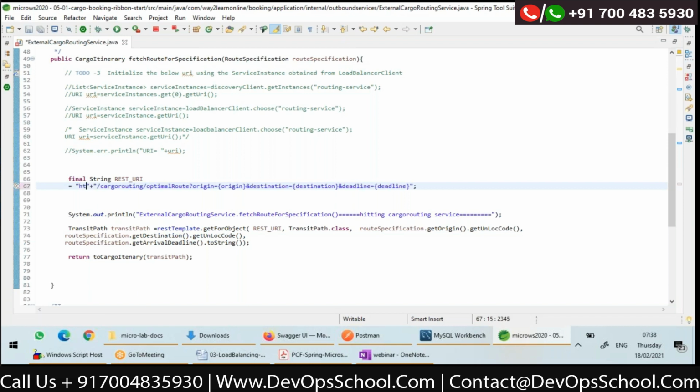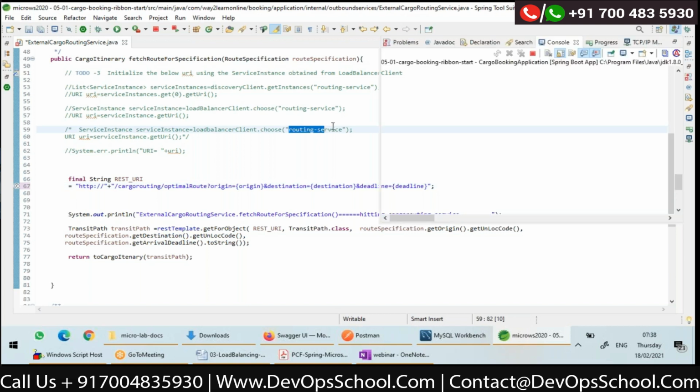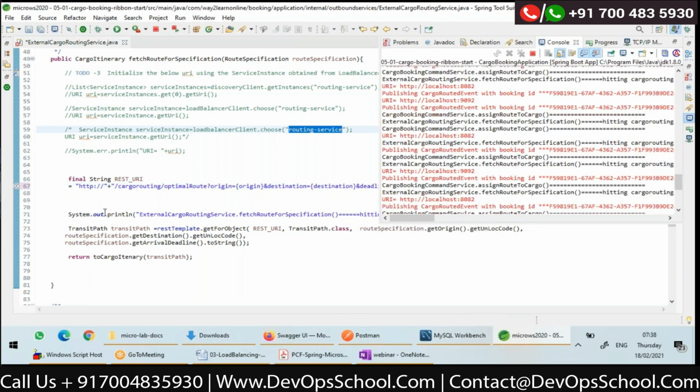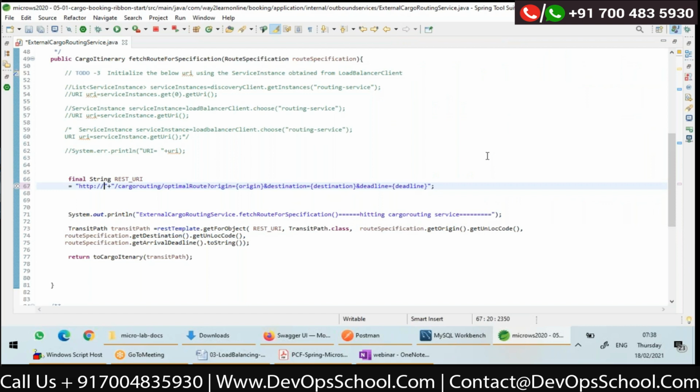I just need to say http:// and then what service I need to look up in Eureka? Routing dash service. This is a convention which I should follow. Now we are using this URI, right?